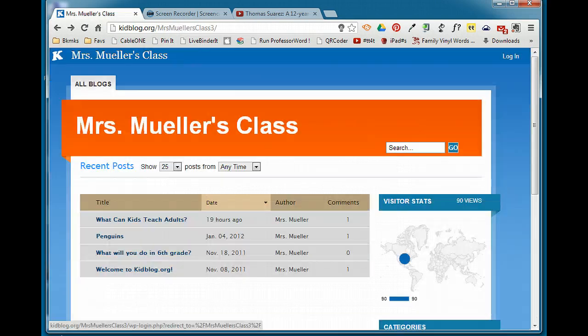Once you've created an account, you will have a unique URL or address for your particular blog. So you can see mine here is kidblog.org/Mrs. Mueller's class 3, and that's where my students will go to sign in. So you can see here, this is my blog. I've got a few posts on the blog. I'm going to go ahead and log in, so I'm going to click the login link here in the upper